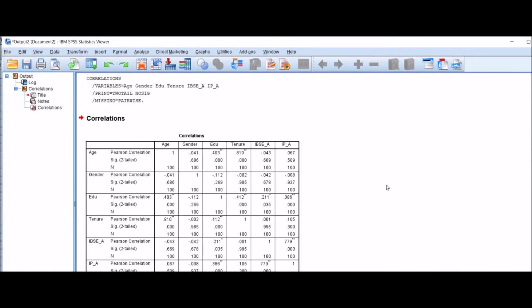Okay. Here is the correlation matrix. You can see that your independent variable IBSC has a correlation of 0.211 with education, which is significant at 0.05 p-value.